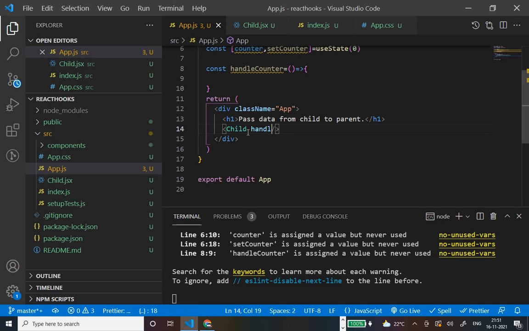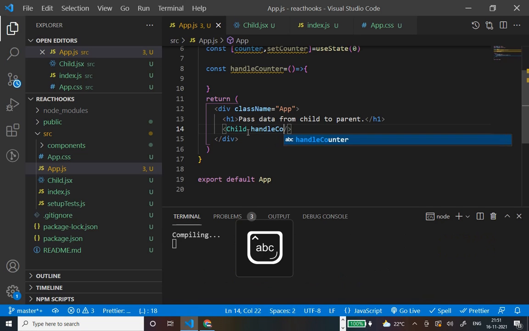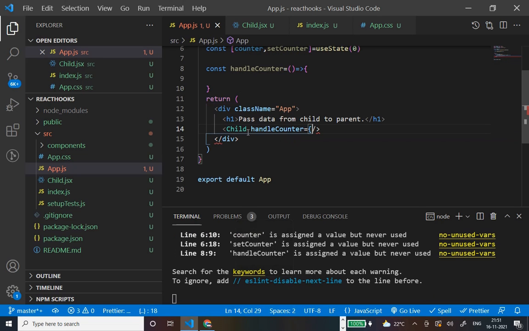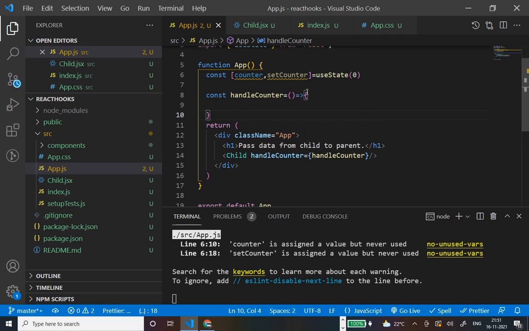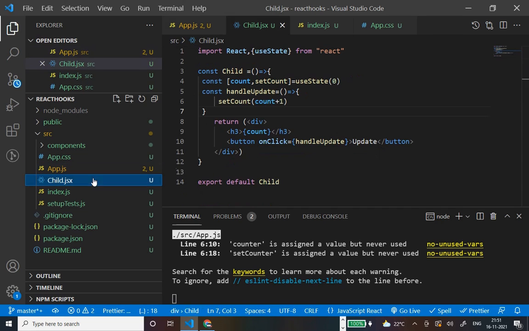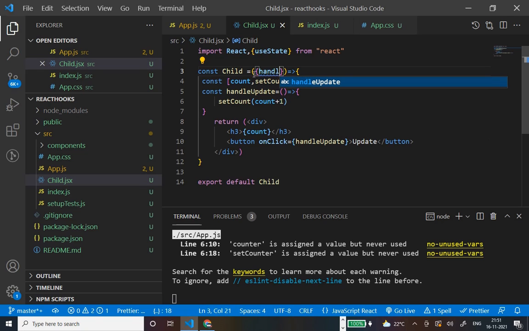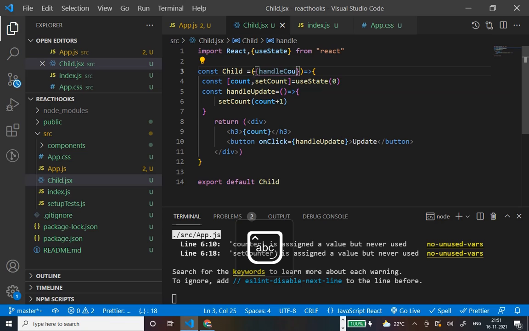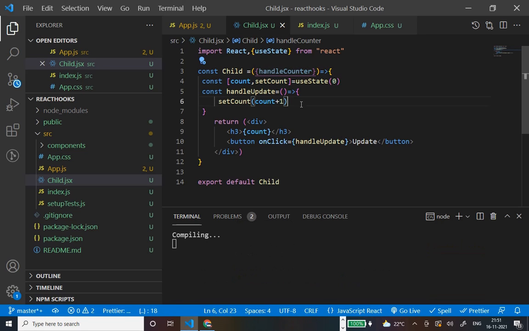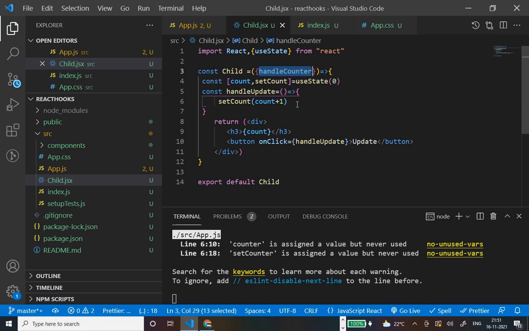handleCounter. What we are doing is sending the reference of this function to the child component. To receive that, we need to use props, handleCounter.